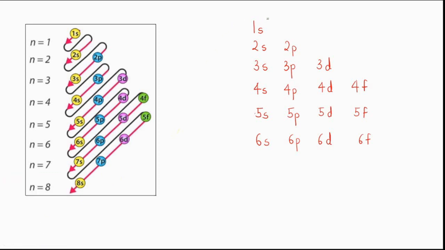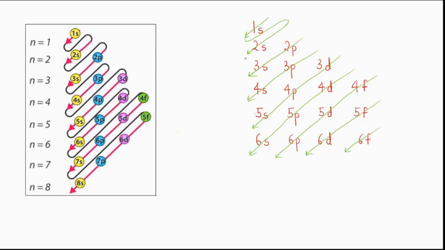Okay, so what I'll do, I'll just put these diagonal lines. If you see, I have to consider all the orbitals that are in one diagonal and take them on the line. So 3D, 4P and 5S come in one diagonal line. Then 4D, 5P and 6S come in one diagonal line. 4F, 5D and 6P come in one diagonal line. 5F, 6D and 7S.